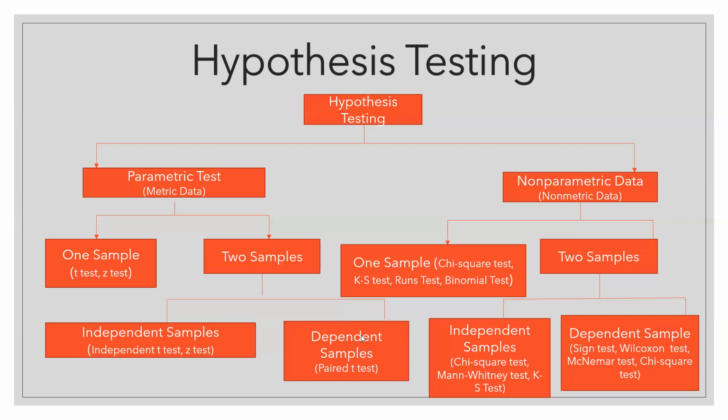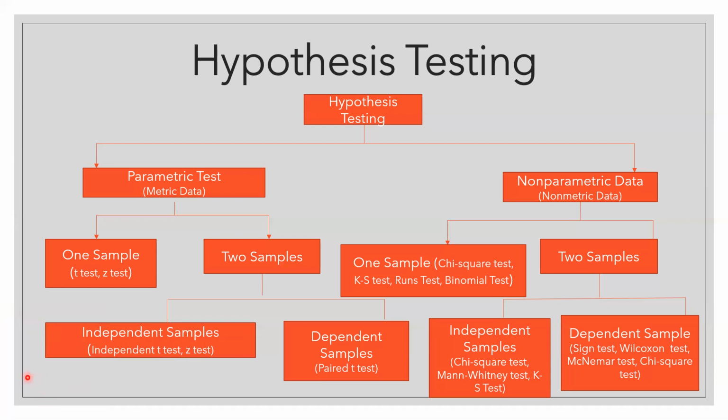But an independent sample means there is no relationship. Let's say I would like to compare MBA with BBA, or MBA with medical students. That means both samples are independent of each other, there is no relevance. Then we are going to apply an independent t-test and z-test. I'm sure this part is clear to you, right?